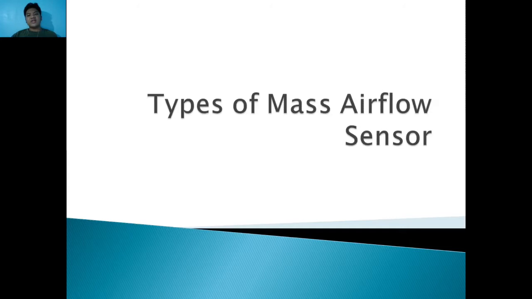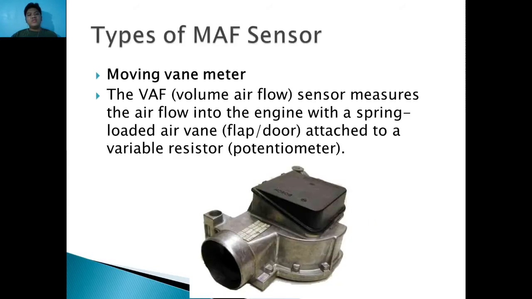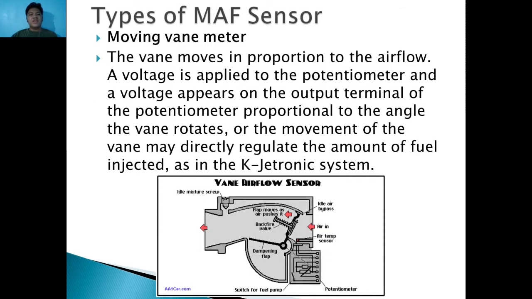Types of mass airflow sensors. Moving vane meter. The volume airflow sensor measures the airflow into the engine with a spring-loaded air vane attached to a variable resistor. The vane moves in proportion to the airflow. The voltage is applied to the potentiometer and a voltage appears on the output terminal of the potentiometer, proportional to the angle the vane rotates, or the movement of the vane may directly regulate the amount of fuel injected as